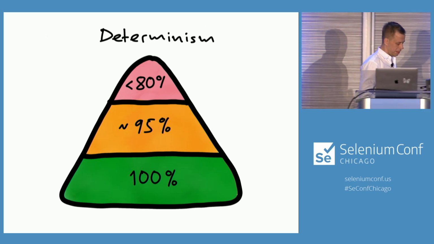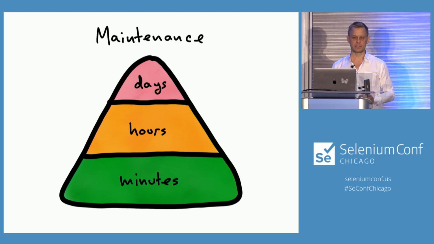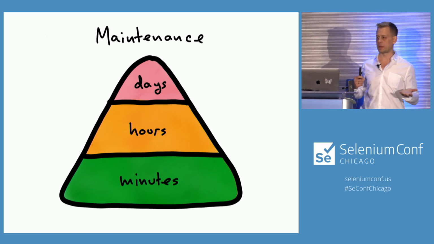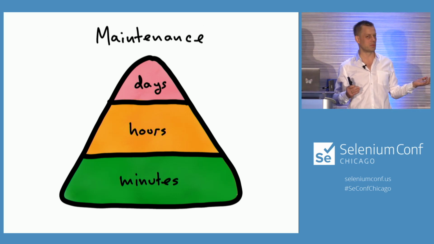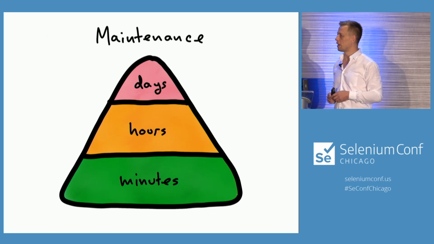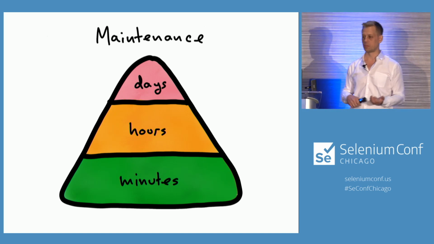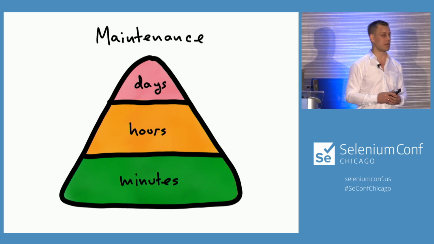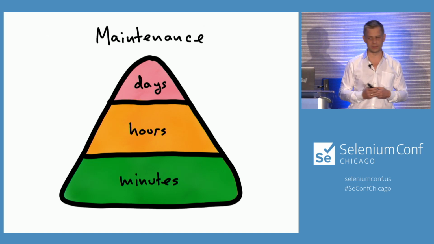And the third characteristic that I think is important for tests is maintenance. Like how much time do we spend writing or maintaining those tests? Well, most of our tests, we want to be able to write them in just a few minutes, or if we need to change the software, we can update them in just a few minutes, whereas we do have some other tests that we can end up spending days just writing or changing if something changes.